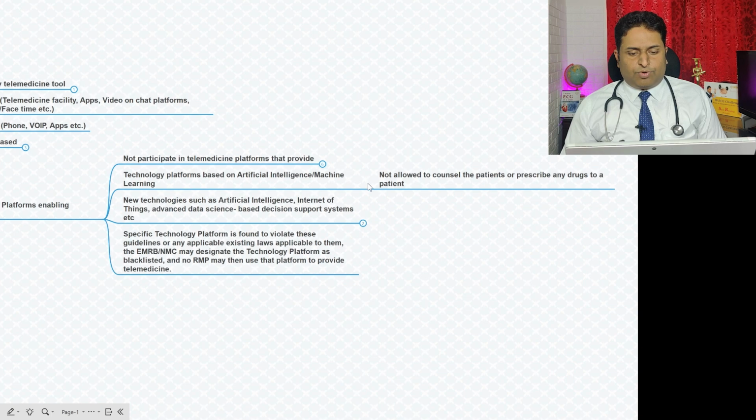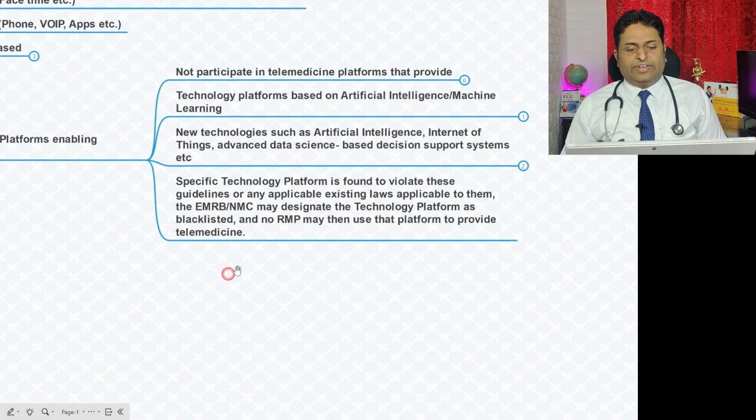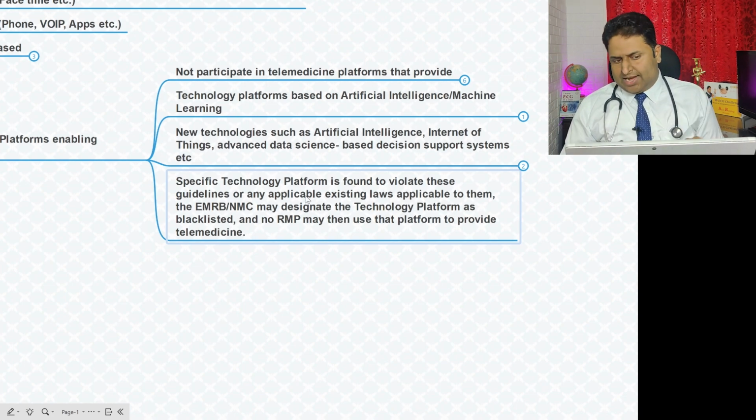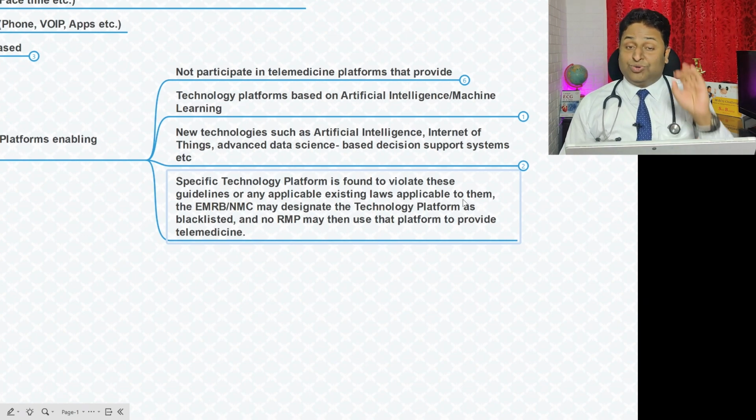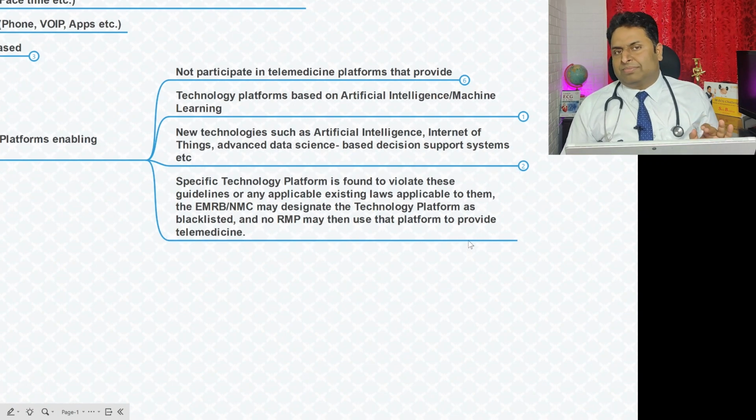And finally, a very important thing for all the telemedicine platforms, what they have very specifically said is, if any platform is found to violate these guidelines or any existing law applicable to them, the ERMP, that is the Ethical Medical Registration Board, I suppose, so the National Medical Commission, may designate the technology platform as blacklisted, and no RMP may then use the platform to provide telemedicine services, right?